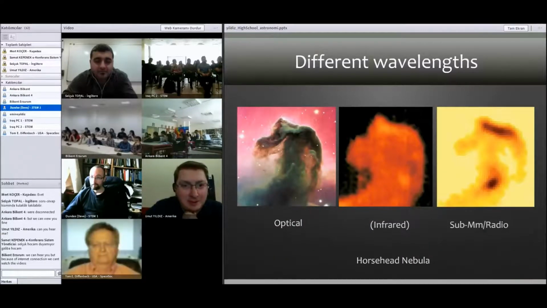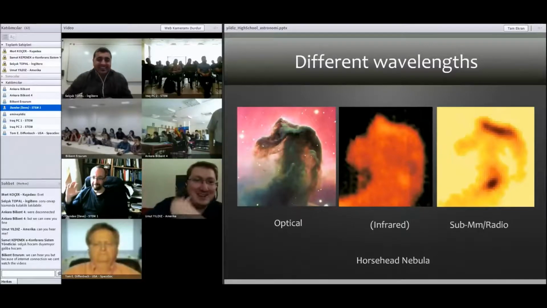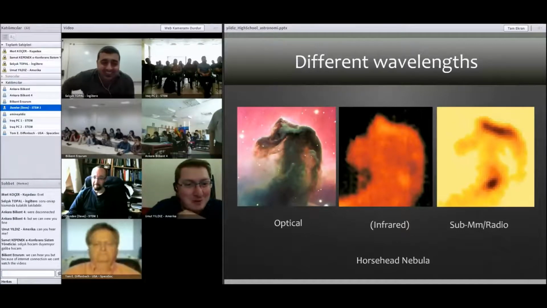So let's continue. As I said, if I use an optical telescope, I see different things, and if I use a different type of instrument, I see different things. For example, look at this nebula. This is called the Horsehead Nebula. Have you ever seen this nebula before? It's a very popular one. Anybody, raise your hands. Nobody has seen the Horsehead Nebula, really? This is one of the most popular ones,